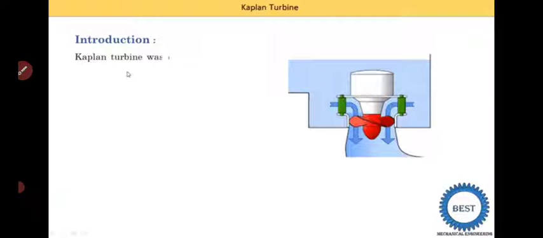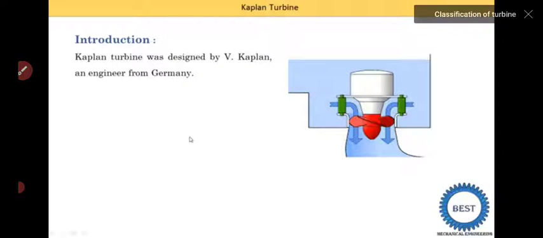The Kaplan turbine was designed by V. Kaplan, engineers from Germany. Okay, So in examinations, there is a Pelton, Francis or Kaplan turbine is asked. From out of three, anyone is come in the any examinations. Okay, so first you need to draw the figures and write down the 5 points from the classifications. If you don't know the classification, then go to this I symbol on top right screen of your mobile or laptop. From that you can watch the classifications. Here I discuss this 5 point.